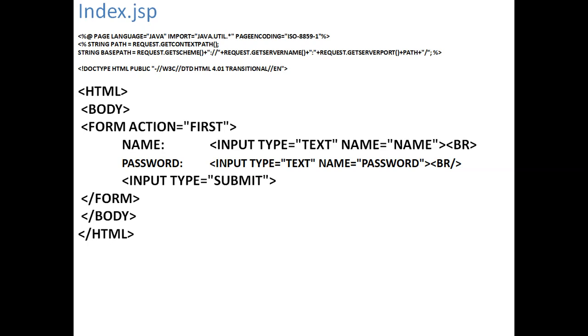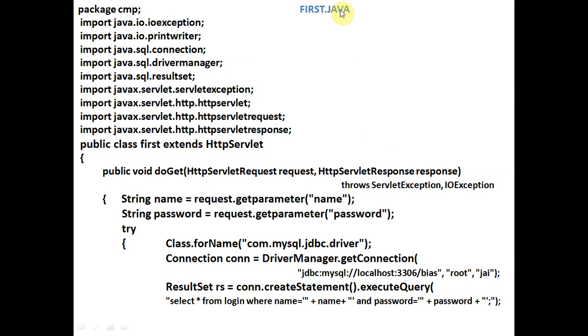You can see in this program we have name and password as two text boxes. This is the name text box, this is the password text box, and this is the submit button. As we click on the submit button, it will activate the action and start the first.java program. We write this program and then compile it, that's why we are writing first here.